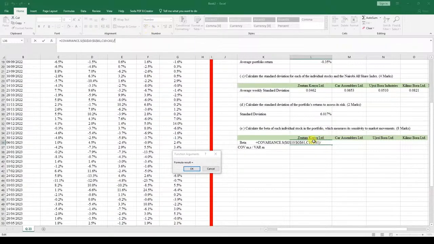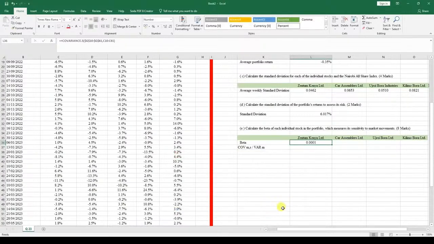We divide against variance of the market. But now, before we do the variance like that,